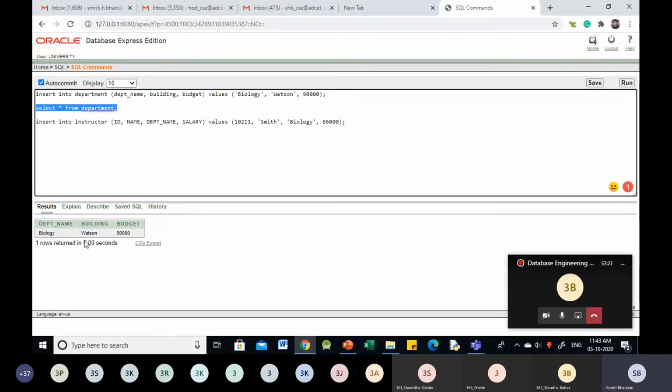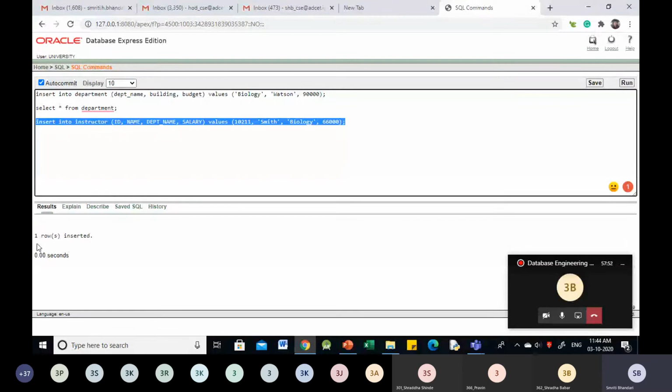Once I make sure that this biology department exists in my department table, it is possible for me to insert the instructor belonging to that department. Now if I execute this statement, I will not get an error. Let us run it, and I'm getting the message one row inserted. This means that we have inserted this instructor into the instructor table.